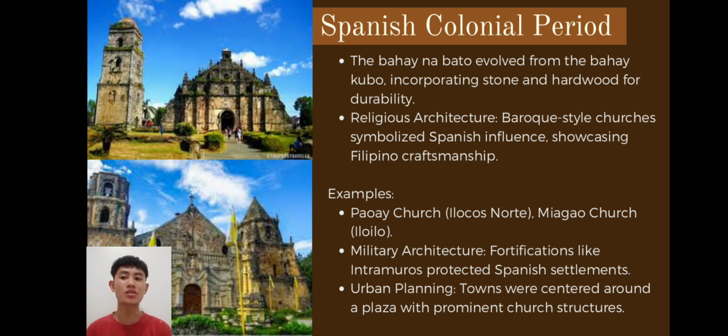The Spaniards also introduced a new approach to urban planning. They designed towns with a central plaza, a public square surrounded by the church, government buildings, and residences of prominent citizens. This layout emphasized the importance of religion and governance in daily life and became a template for many towns